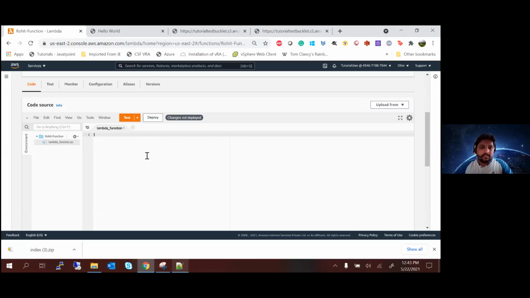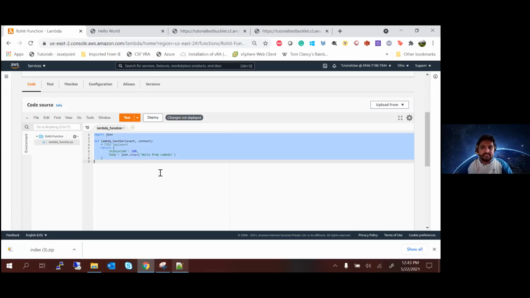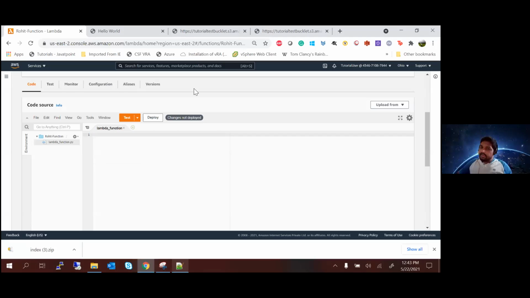Come back to the Lambda. Delete everything that is written under the Lambda function, right? You should see there would be something like import and so on written. Just select all and delete it. Yes, you can do it on Edge as well. It doesn't matter which browser it is. It's fine. So have you deleted everything that you are seeing on Lambda function?